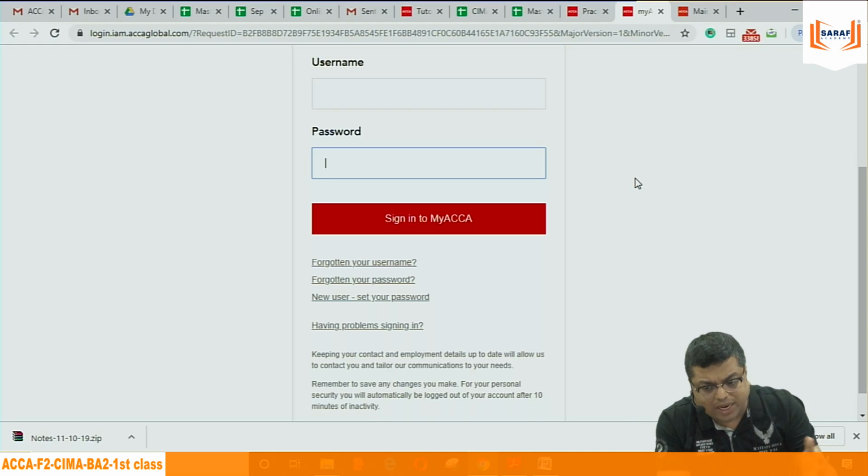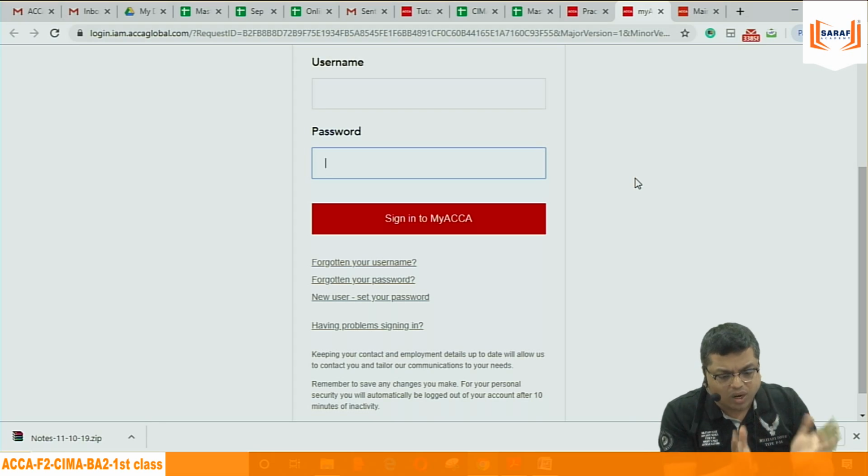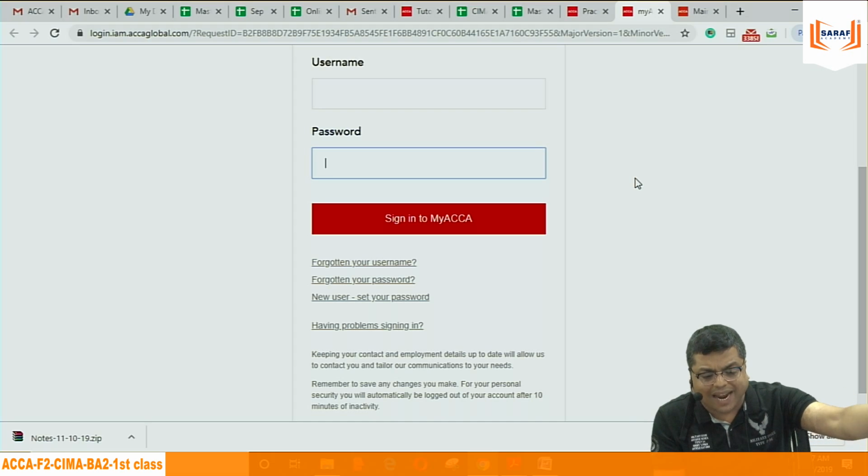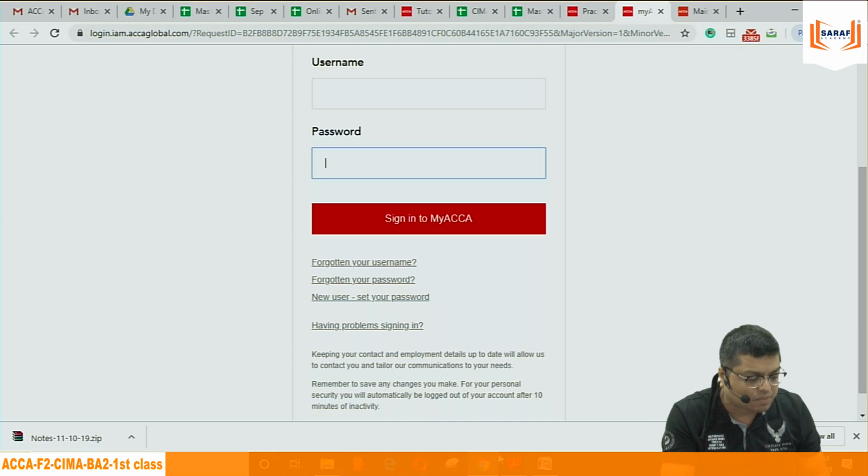So ACCA students and CIMA students both can do those mock papers. When an ACCA student applies for the free mock papers, they can share the link with the CIMA student. They can share with me. I will share with his student. Everybody will be able to do more and more questions. Whatever questions are there, when you see the questions in the mock paper and in the study text means